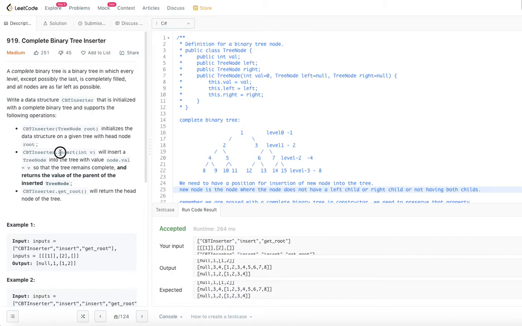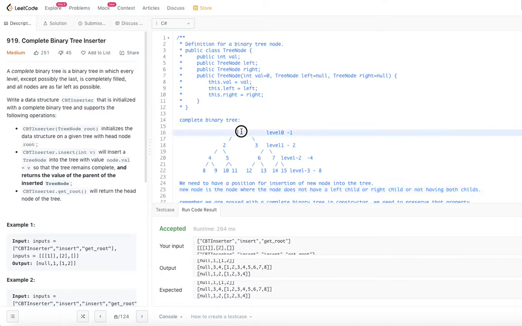While we insert into this binary tree, we have to preserve the completeness of the binary tree, right? So when we are going to insert, we need to first identify what is the first place that we can insert, right?